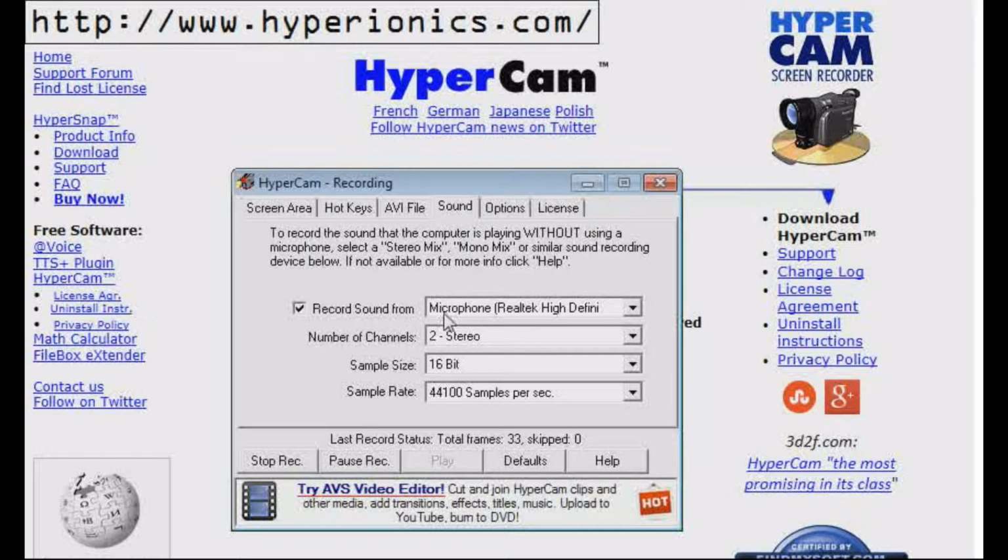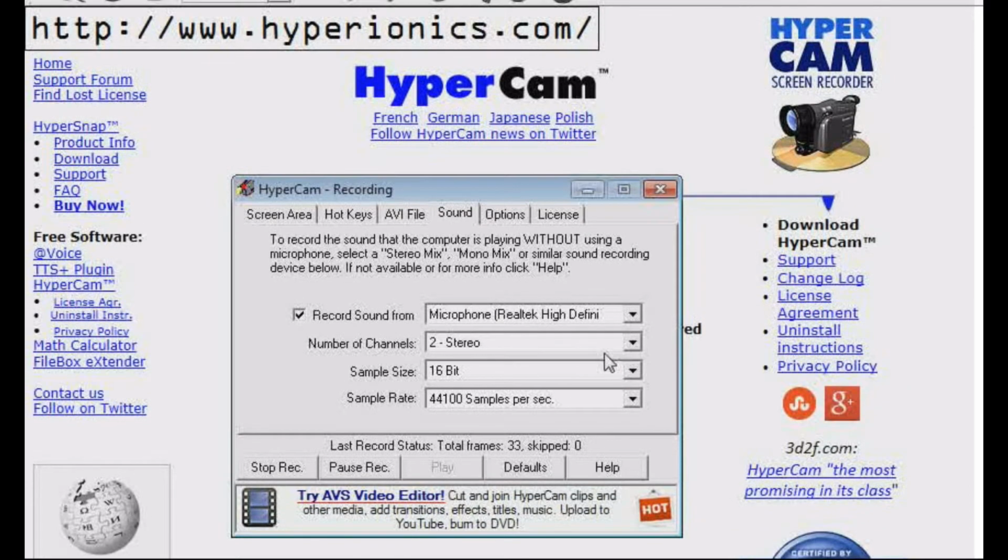Sound, right now I'm recording from microphone. The other option is stereo mix, which records the computer audio. Some computers might not have it. An option to get it is